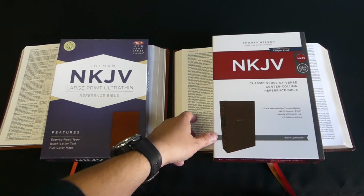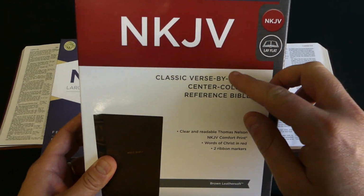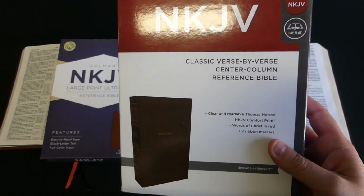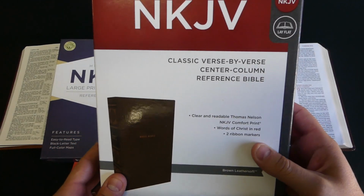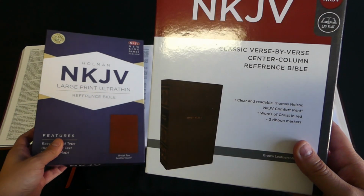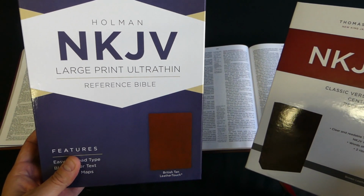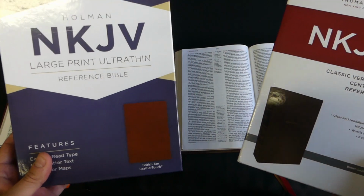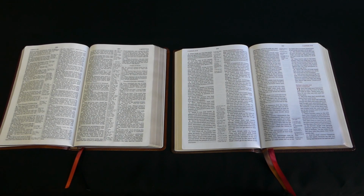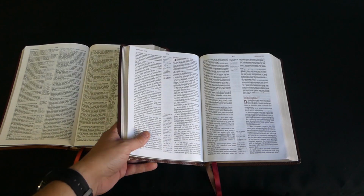Okay, in honor of the newly released Thomas Nelson NKJV Classic Verse by Verse Center Column Reference Bible, I thought I would show some different verse by verse Bibles and compare their formats. And so I have here the Holman NKJV Large Print Ultra Thin Reference Bible, which also is verse by verse. Mainly I just wanted to show what the new Nelson verse by verse looks like in comparison with some other